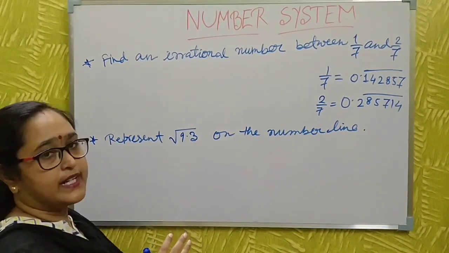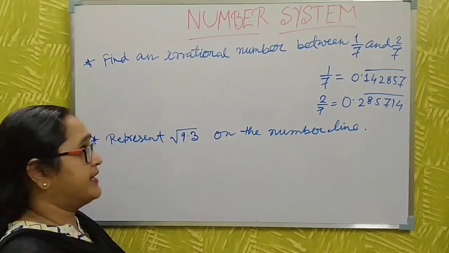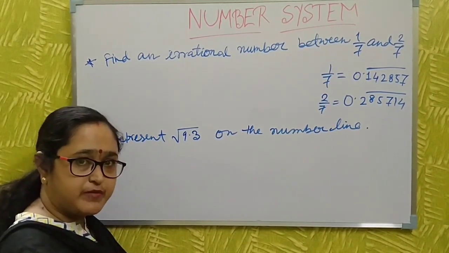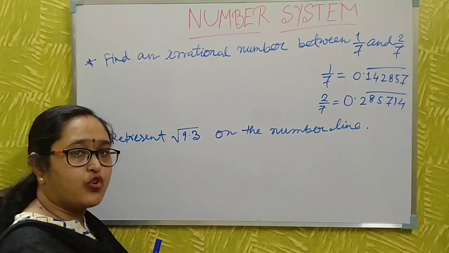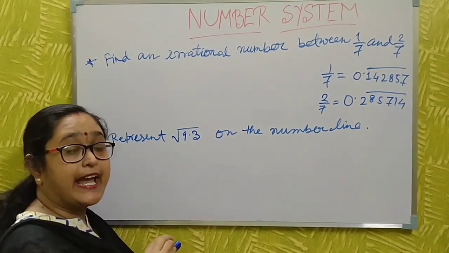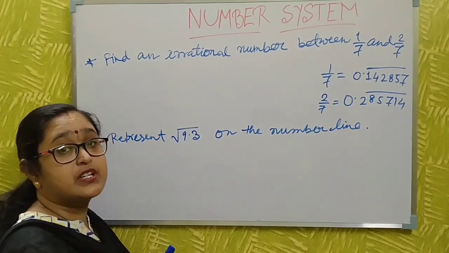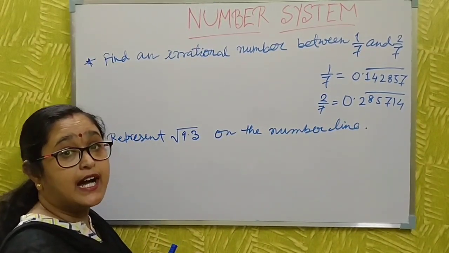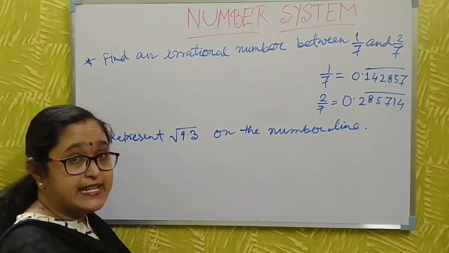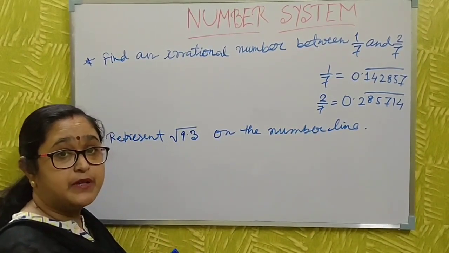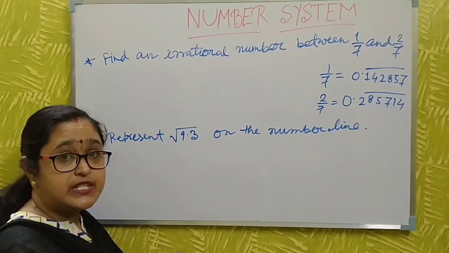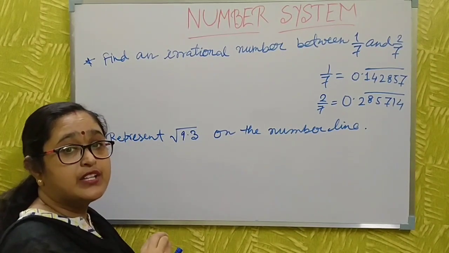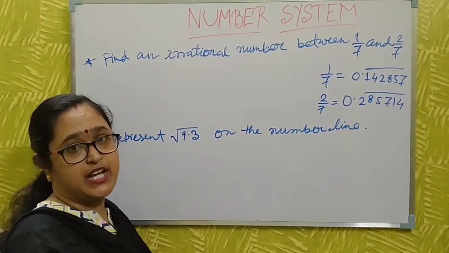Okay. Now what was I saying, what is this? The rational number: a number which can be expressed as P by Q, Q not equal to 0, is called a rational number. And another thing you must remember about decimal numbers. When the digits after the decimal repeat, this is a recurring or repeating number, and this will also be a rational number.